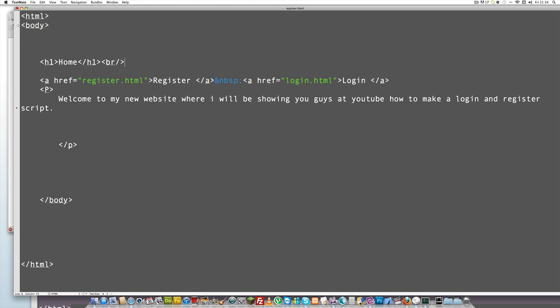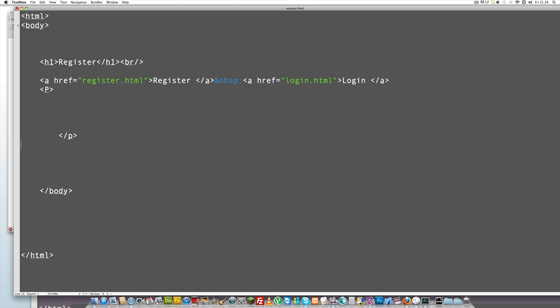Actually, we'll keep this here, and we'll just say register. And inside these paragraph tags, what we're going to do is make a form. Fill out the form below to register,